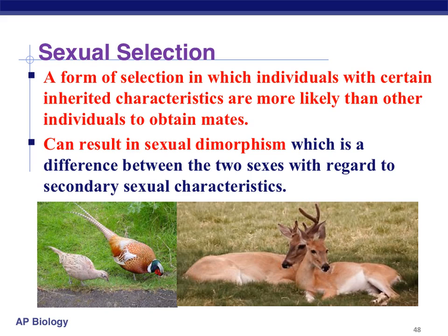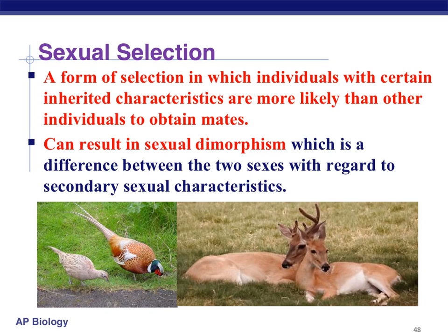Okay, sexual selection we've talked about already. We're going to touch on it again. It's also a form of selective pressure, but it's where individuals with certain inherited characteristics are more likely than other individuals to obtain mates. And it can result in what we call sexual dimorphism, which is where the male of the species looks very different from the female of the species. And that's because it has